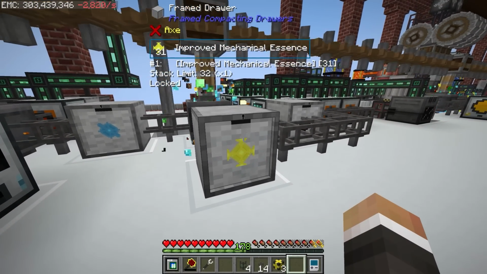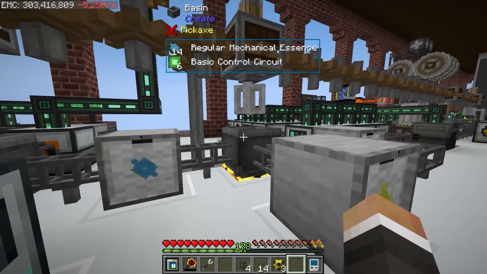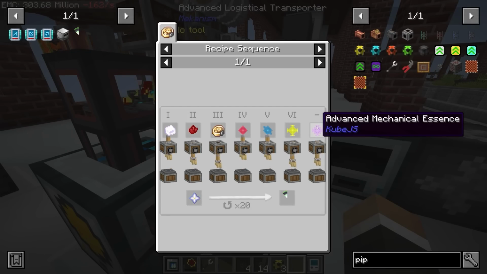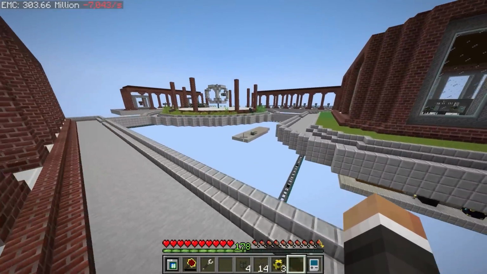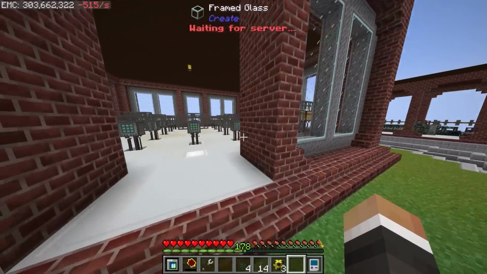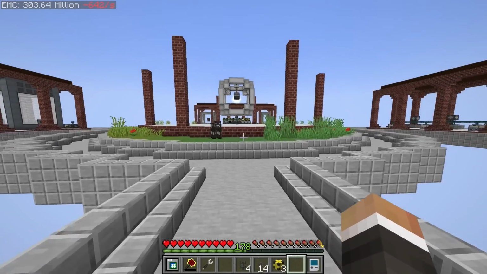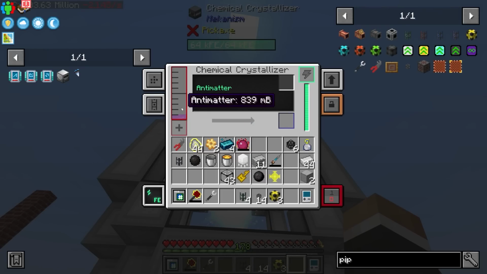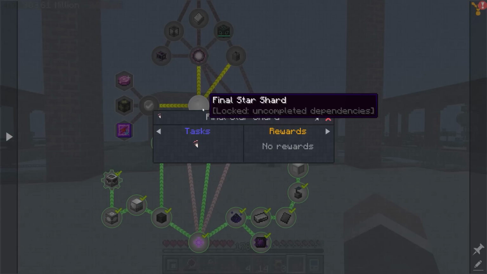Now that we're making the earth charges faster, getting 1,600 improved mechanical essence shouldn't be a problem either, but if we're going to get 1,680 of these advanced mechanical essences, we're probably going to have to make this setup here a lot faster. Anyway, that is not actually what I wanted to work on in today's stream. That was just all kind of little things that needed to be fixed in order to get our system working. The thing that I really wanted to work on in today's stream was moving further towards the final star shards